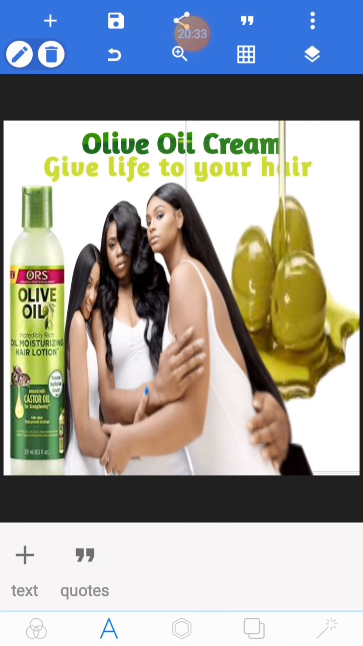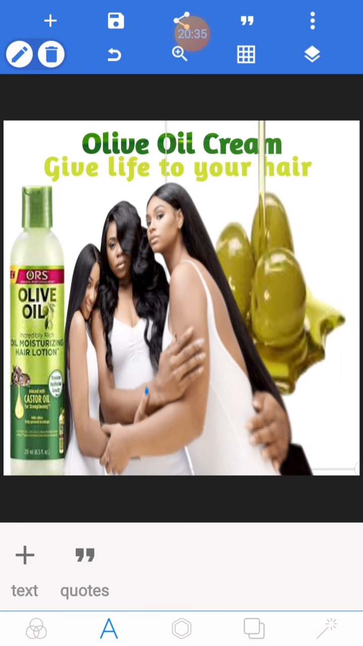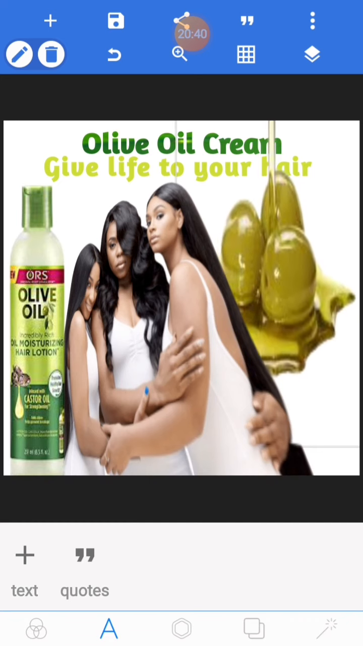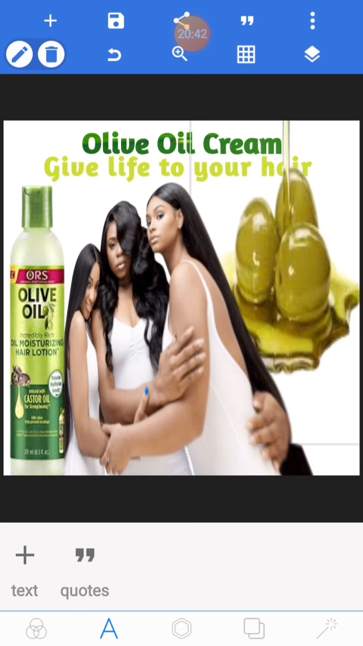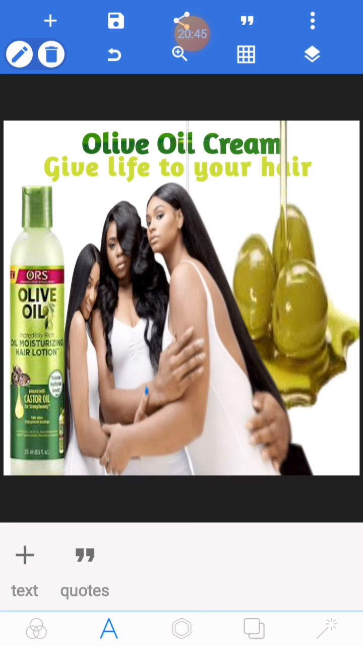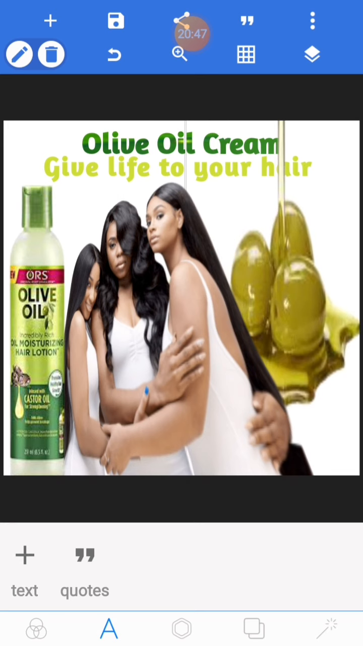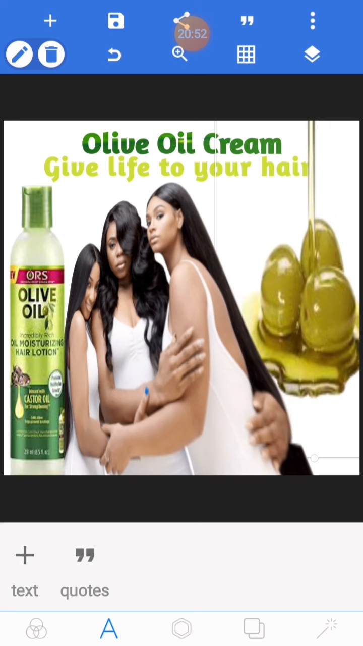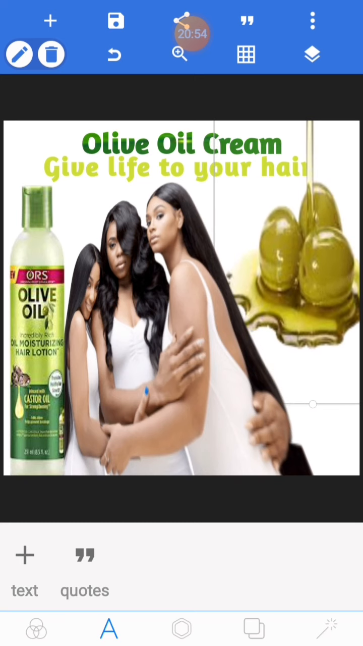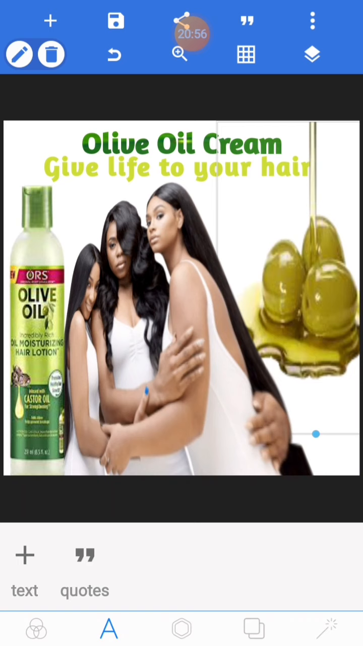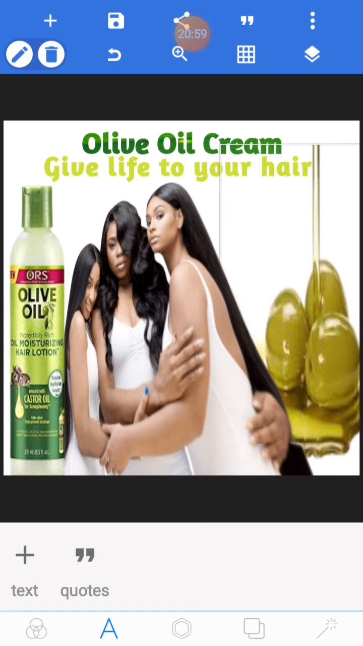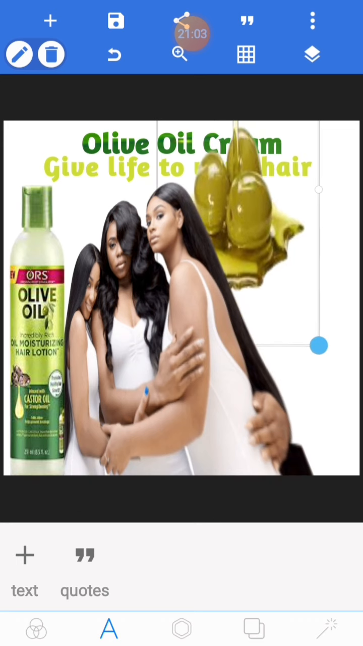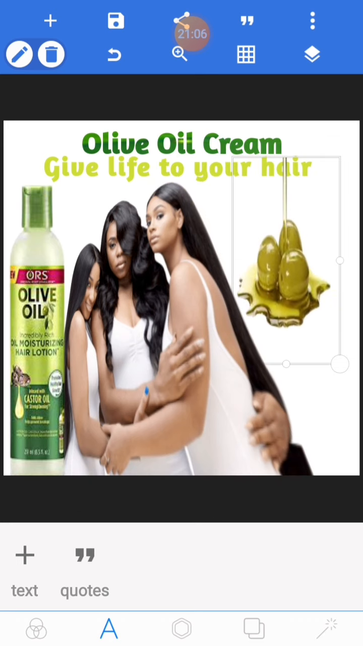So now you can see that this olive oil drop is in front of the olive oil cream. Then give life to your hair, but then it is at the back of these ladies. So that's how I want it to be. Then you can let it be like this, just to smoothen it, or you can just reduce it a little bit, but then